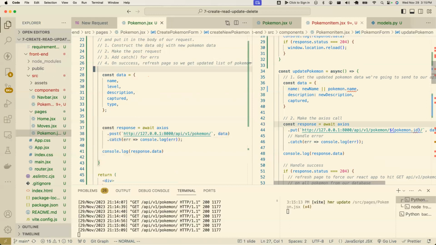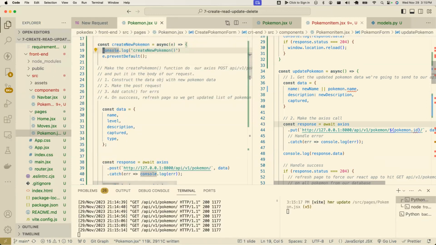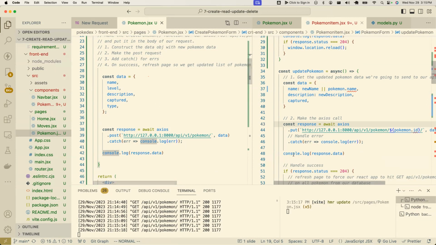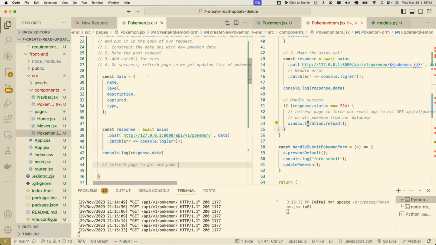Actually, I should put this console log a bit higher up just so it's right at the beginning of this function call so that I get good console log information if I need to debug. And I'm just going to follow this same pattern for dealing with our success path, which is refresh page to get new Poke data from DB. So if things are successful,